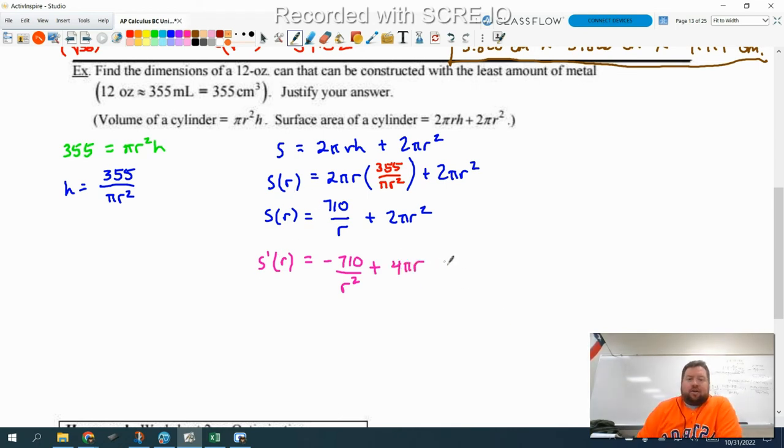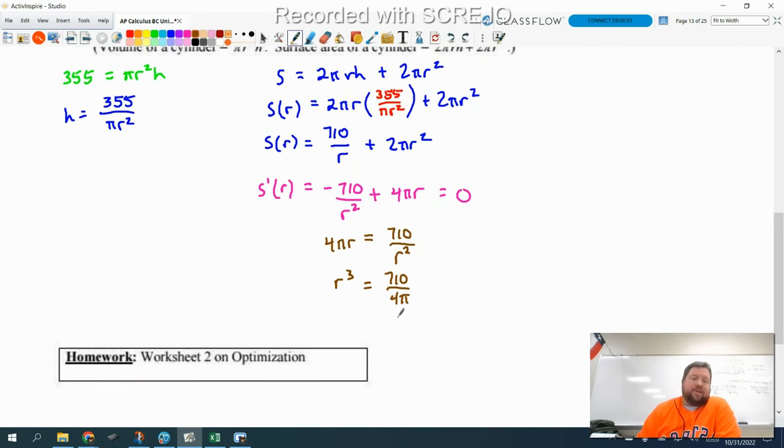All right, so now we set our derivative equal to 0, and we solve for r. Okay, so we're going to get 4 pi r is equal to 710 over r squared. Going to multiply by r squared to get r cubed, divide by 4 pi, which is going to give me, I'm just going to leave it like that. We could simplify 710 divided by 2. You could go 355 over 2 pi if you prefer. All right, either one. So r is equal to the cube root of 355 over 2 pi, which is approximately equal to,